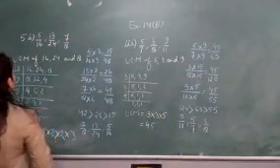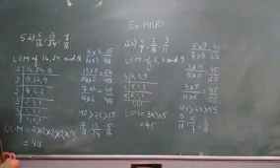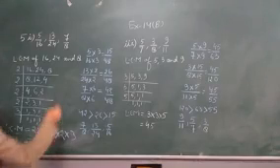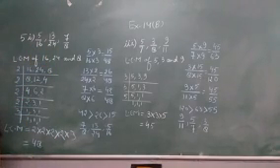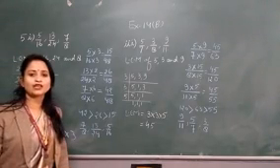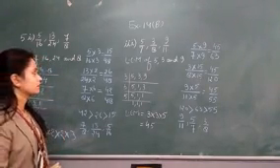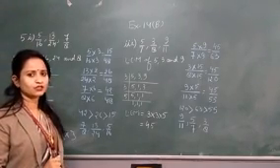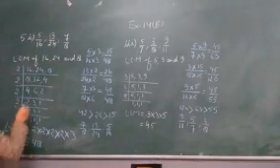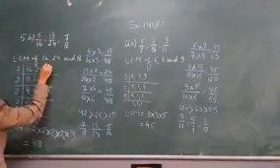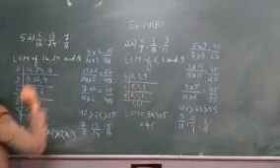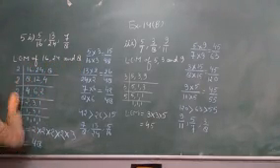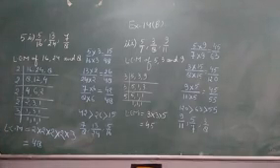The first one is 5/16, 13/24 and 7/8. We have to arrange these fractions in descending order. For this, first of all, we will find the LCM of the denominators. We can find the LCM of the denominator or the numerator. Understood? So, in this question, we are finding the LCM of the denominators, that is 16, 24 and 8. Okay? Like this, we will find the LCM of 16, 24 and 8. That is equal to 48.